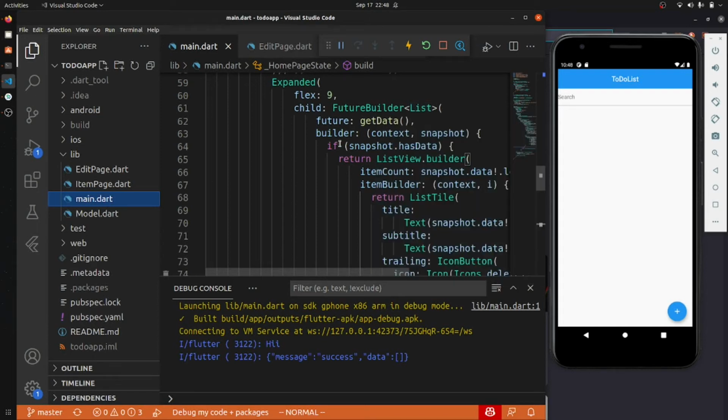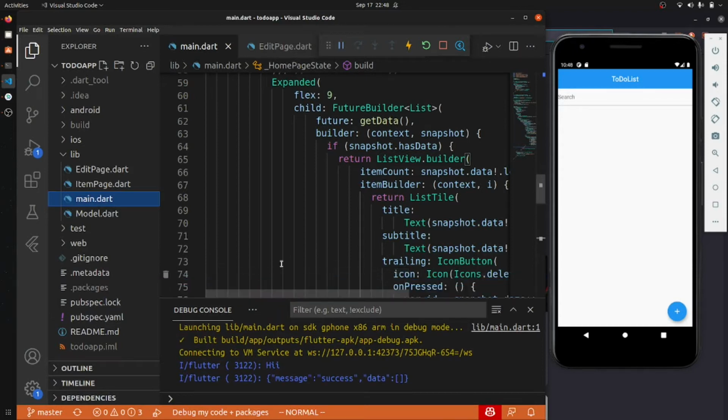In this video we are going to move forward in our to-do list clone app. This will be the last episode of this to-do list app, and in this I will go through an overview of what we have done in this whole series, and explain the CRUD operations and how to do them. Let me show you what my application is. This search operation I have not added, so you can add that in later.